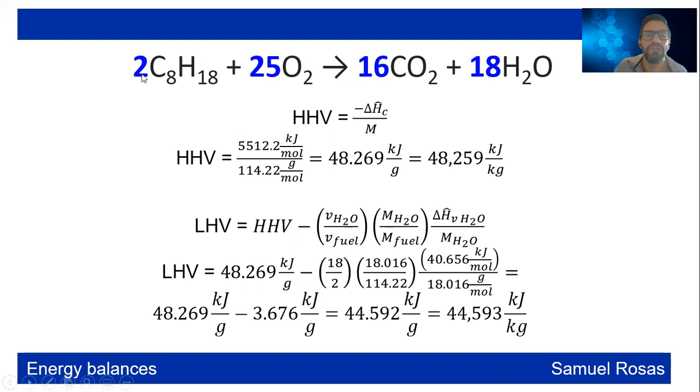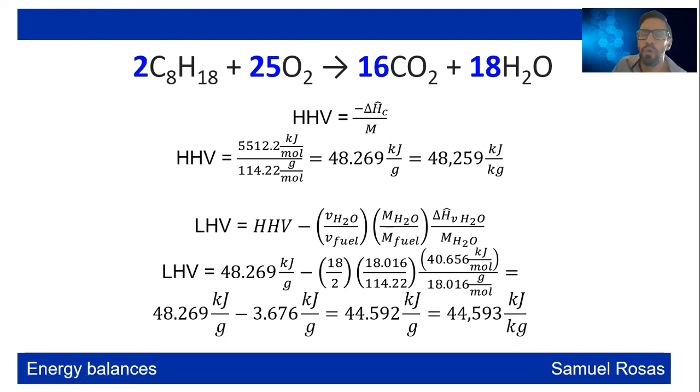So this is the combustion of octane, n-octane, which is the main component of the gasoline of our combustion engine cars, right? So this is the oxidation, and you can look for the delta H of combustion in the table for n-octane. So the high heating value is going to be equal to minus this heat of combustion, and since we